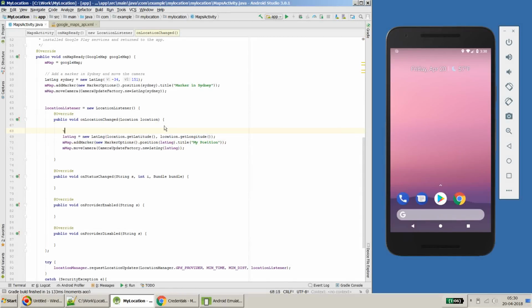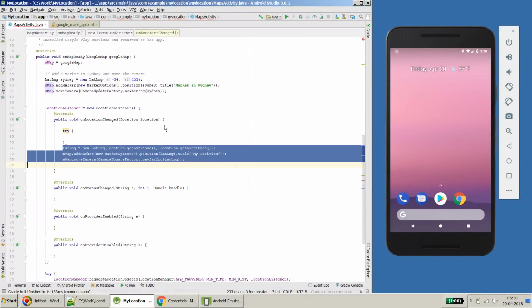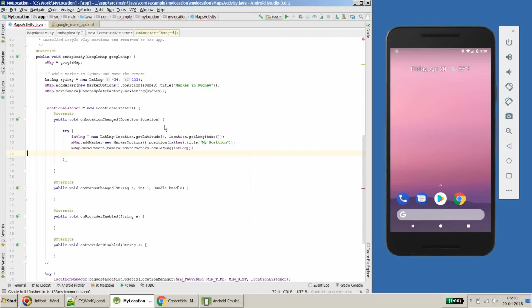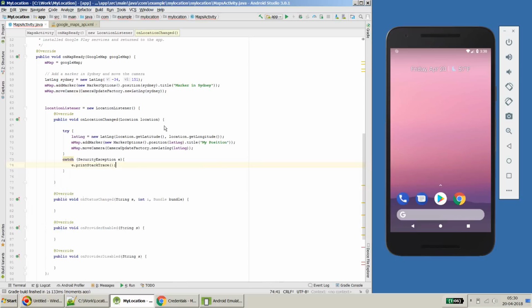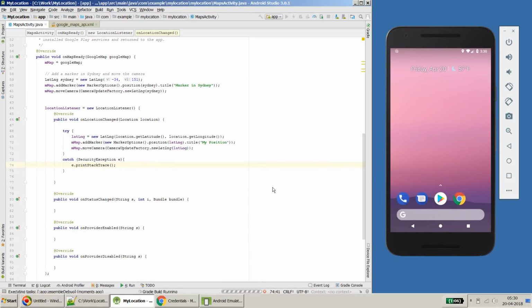Let me try putting it into a try catch and see if it helps, because it's always better to encapsulate the exception part as much as possible. This part of the code may be prone to errors. Okay, and then I will put a catch SecurityException e, e dot printStackTrace, and now if I run it again, before I do it, let me just do one more thing. Let me see if there is nothing. Okay, there are no listed items. Okay, now if you click OK,